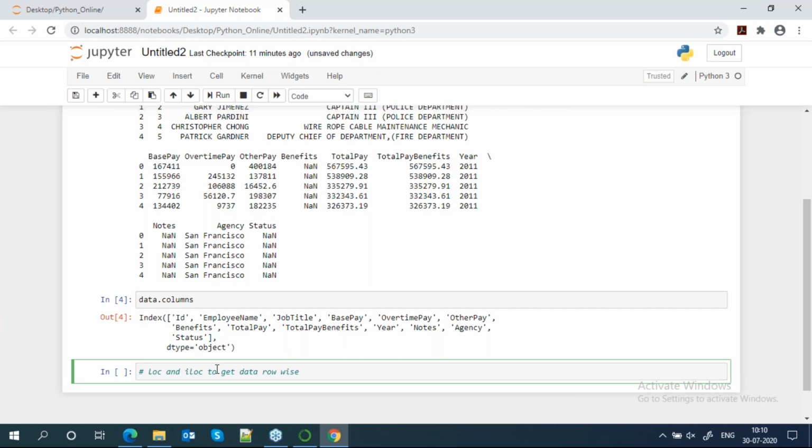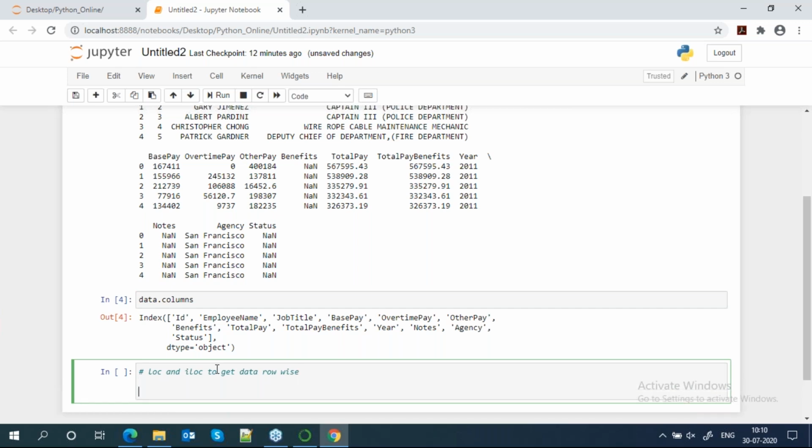Yesterday, I think Aditya, you asked this question, right? Suppose I want to get data from 5 to 10, not the first 5 rows that head will give you. In this scenario, we are going to use loc.